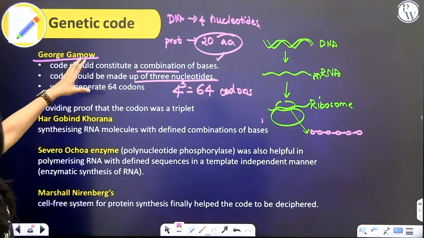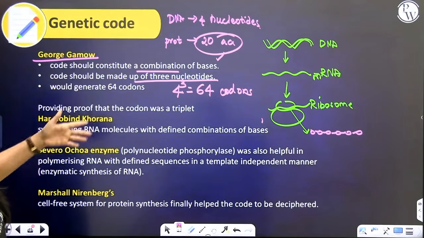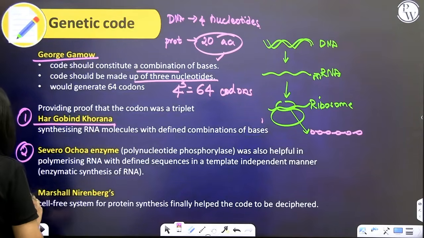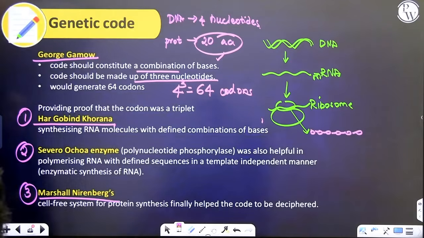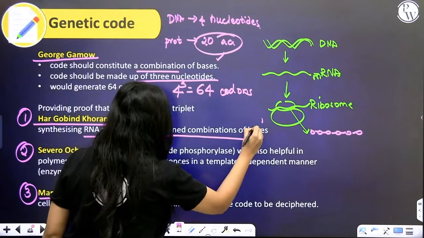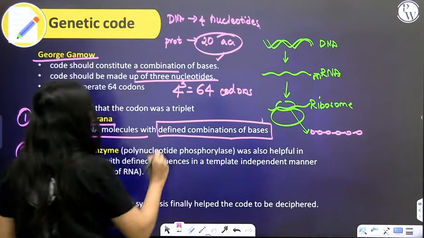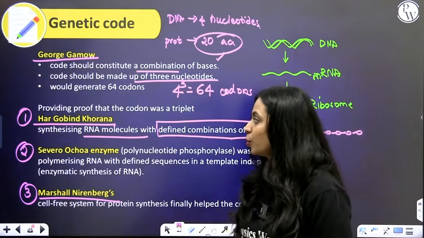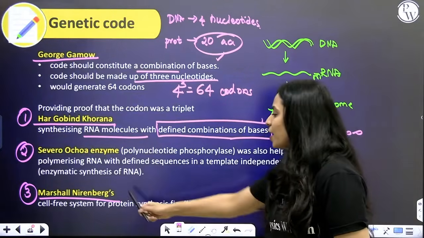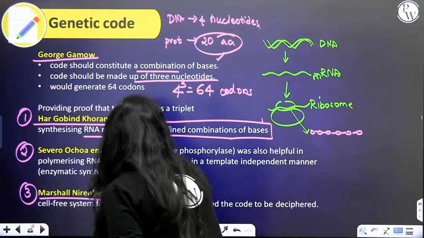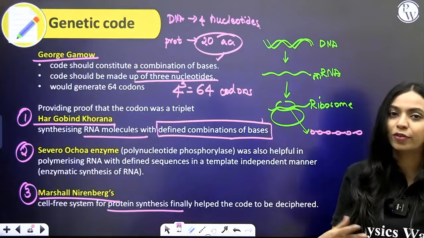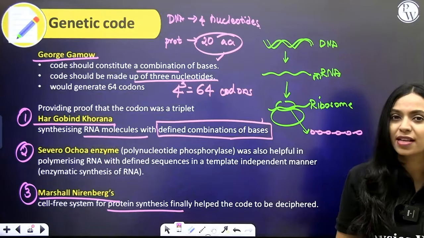For his hypothesis, many people provided proof. Some of them were our Indian scientist Hargobind Khorana. We also have Marshall Nirenberg. So what Hargobind Khorana did was, he synthesized RNA molecules with his choice of combination of bases. He artificially synthesized RNA in the lab, and he found out what the different amino acids are that you could get from such a sequence. Marshall Nirenberg developed a cell-free system for protein synthesis. So usually protein synthesis happens inside of our cells, inside of our ribosomes, but he developed a method where you could synthesize proteins without